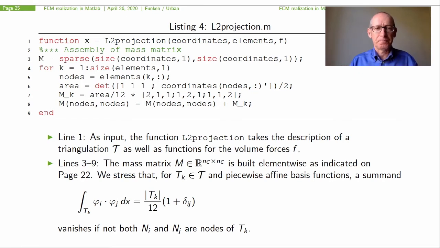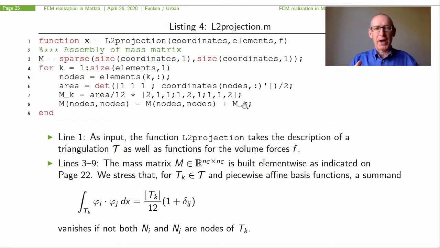So therefore, we have this nodes variable taking from coordinates nodes, which is a vector of length 3, comma double dots. This gives us just the x and y components of the 3 vertices. And this is the matrix 1, 1, 1, x1, x2, x3, y1, y2, y3. And the determinant is then twice the area, divided by 2 gives the area of our triangle. And this is the formula we've seen before, and now we